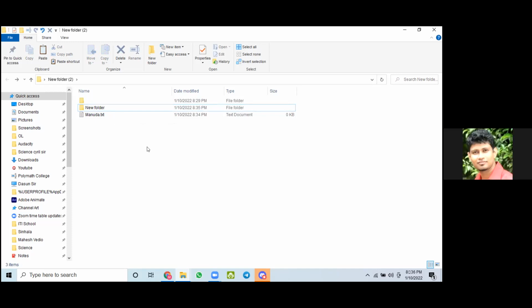Okay, so you can't have two copies under the same name in the same location, but you can have two copies under the same name in different locations.